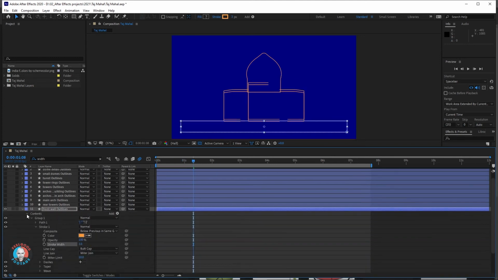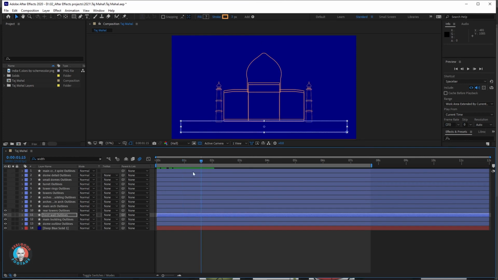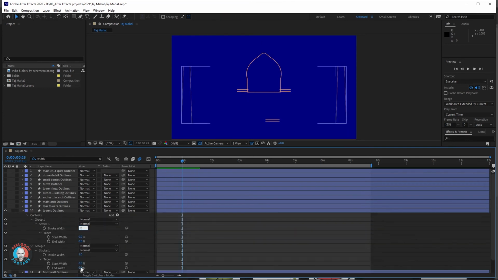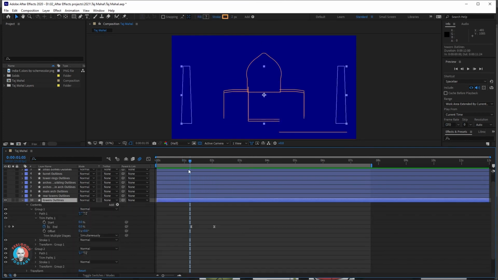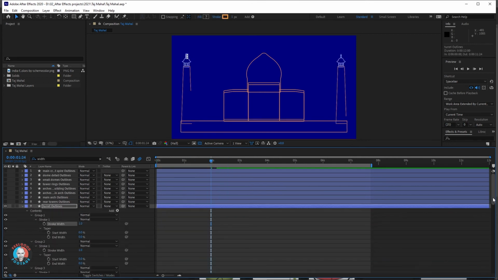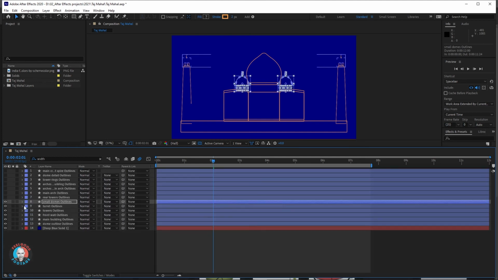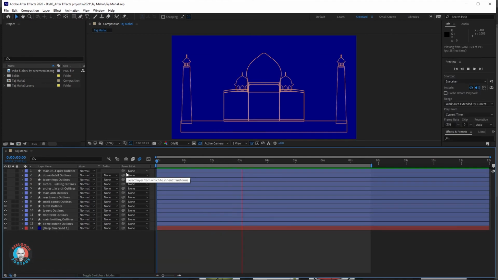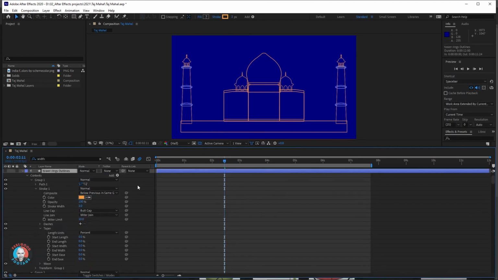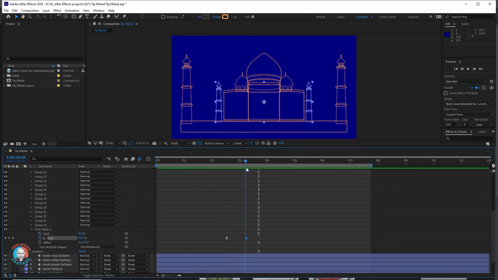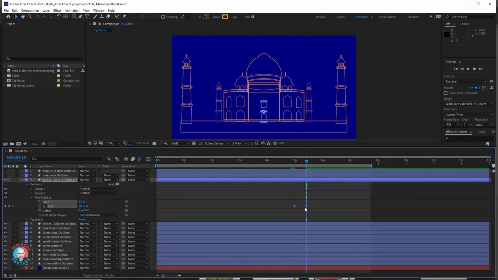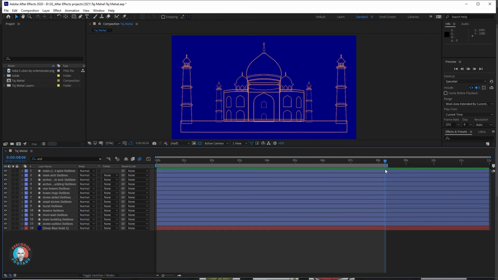So then I'm just going to carry on deciding the order in which I'll reveal the layers, timing them so as one layer is animated, the next is underway. I'll add a trim path and change the width of some of the parts of the building that are closer. I'll finish with the spire on top of the main dome. The whole animation takes just over 8 seconds, but you can make it go faster or slower to your taste.